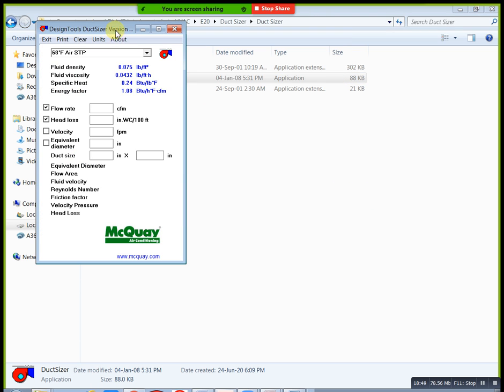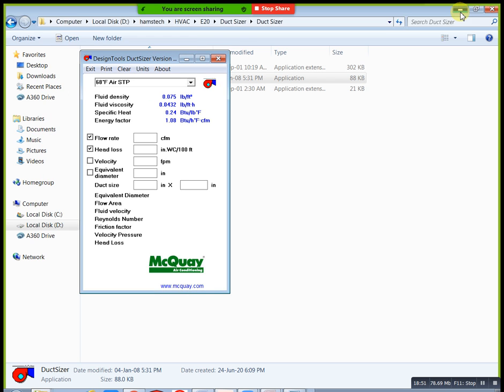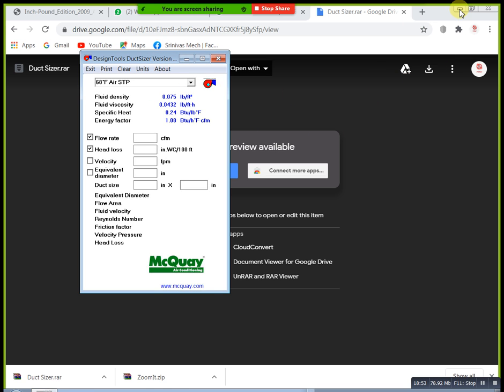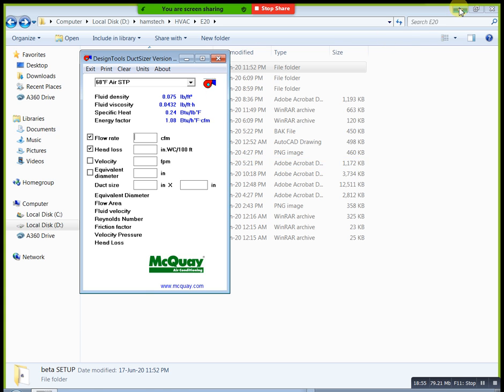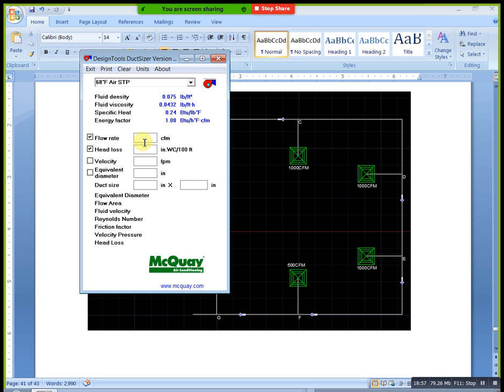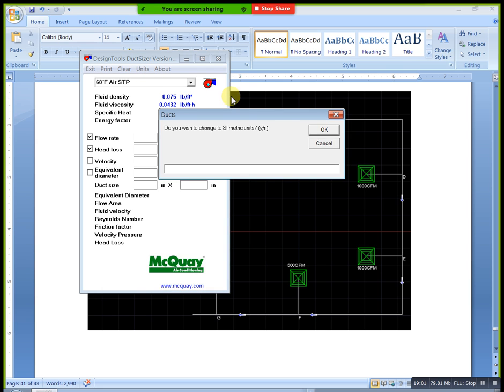First of all, if you need units, you can set the units here. If you need SI metric or other, directly click on yes. If not, you can mention no. Okay, that is your choice, completely your choice. If you want, you can click that one. If you don't want, you can leave that one.